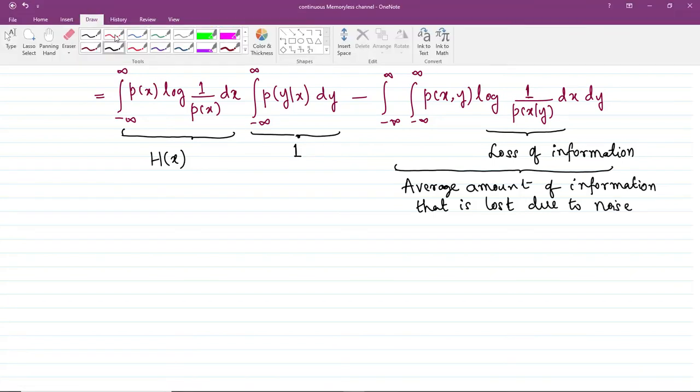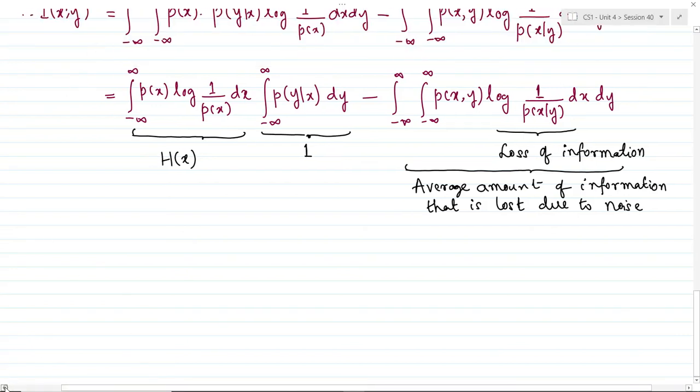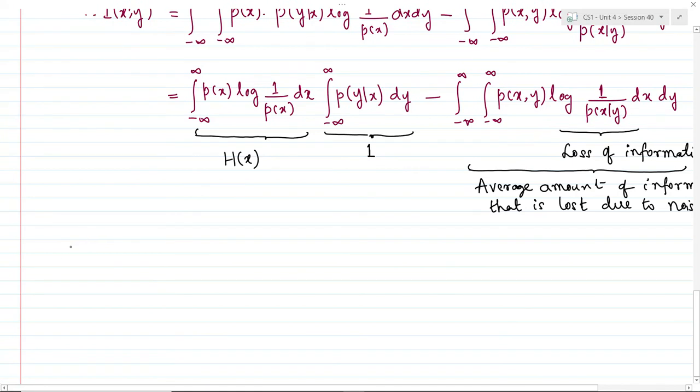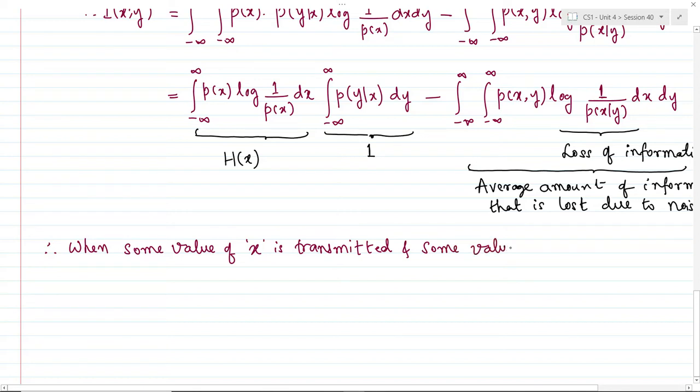All right, so and hence we can rewrite this h of the mutual information, or the information that is received by the receiver, or the amount of information that is transmitted over the noisy channel, which can be represented as, so okay, therefore, when some value of x is transmitted, and some value y is received, okay, in that case the